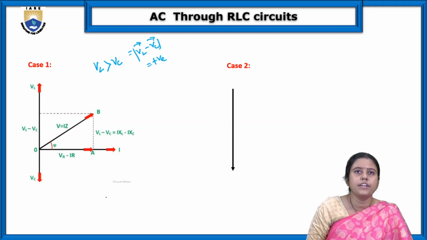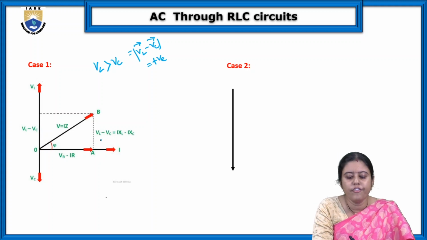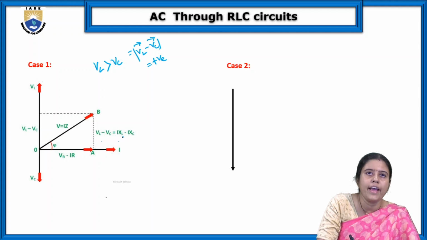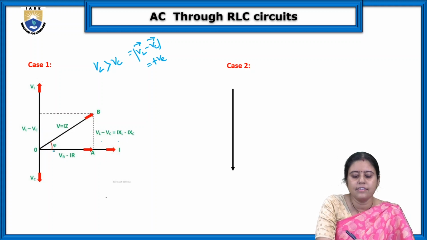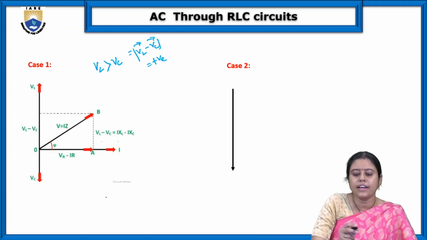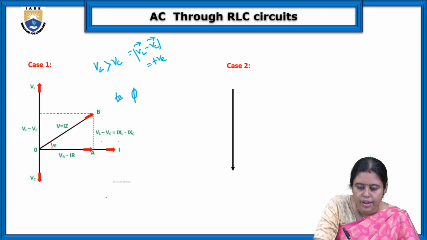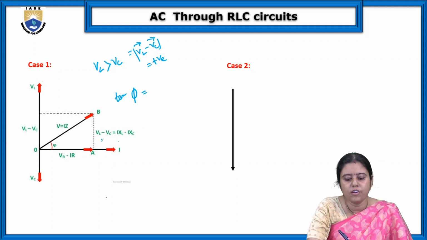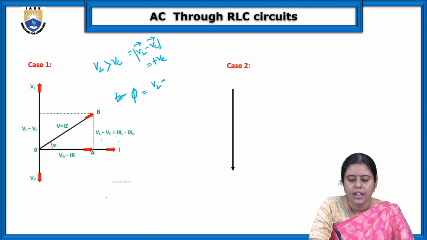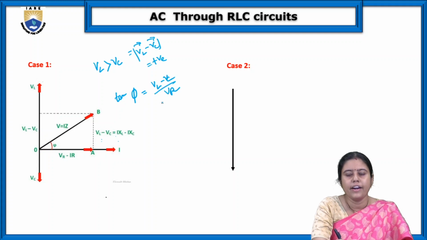So what is the voltage? Again, VR is this. So we are taking the positive angle. VL minus VC is equal to IXL minus IXC. What is the phase angle in this case? We know tan phi is equal to VL minus VC by VR,